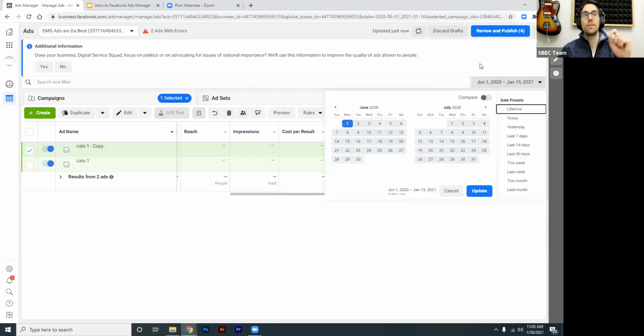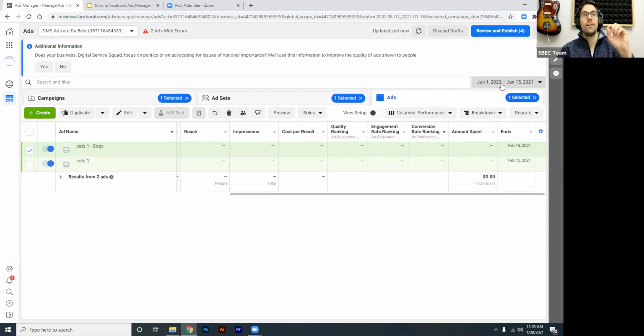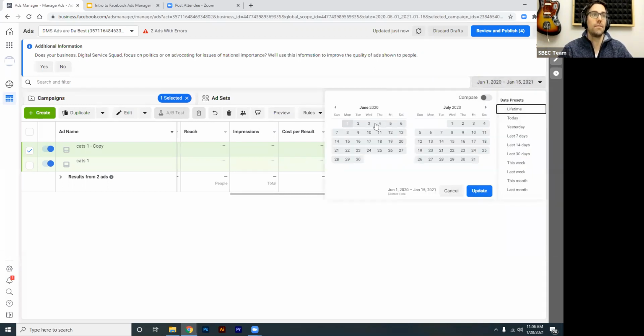This is really important, where I've had this problem before, where I thought I was not spending very much, but the date span was only showing me a short period of time. If my campaign runs 2 months, and I want to keep track of that spending, I want to make sure that I'm looking at that data